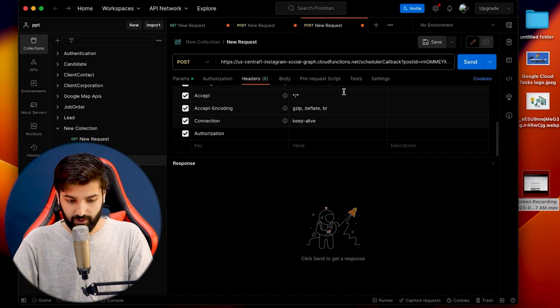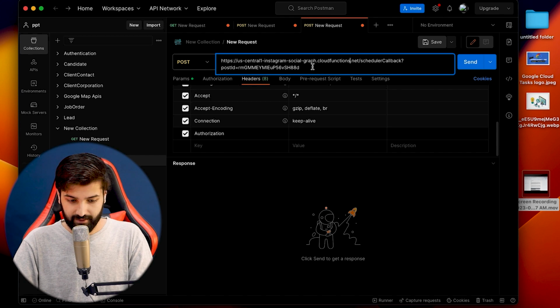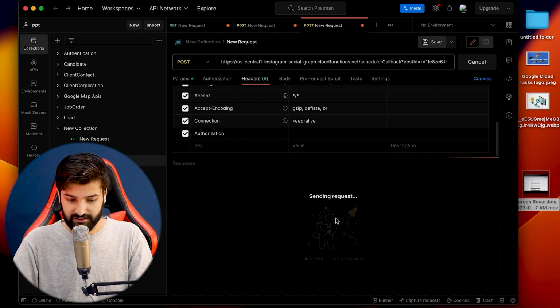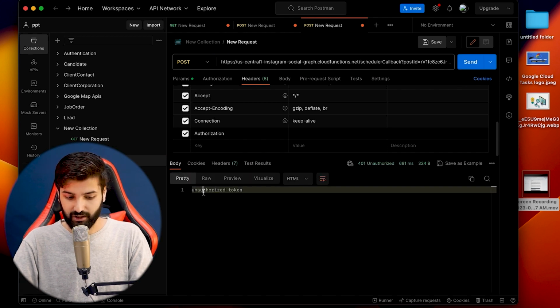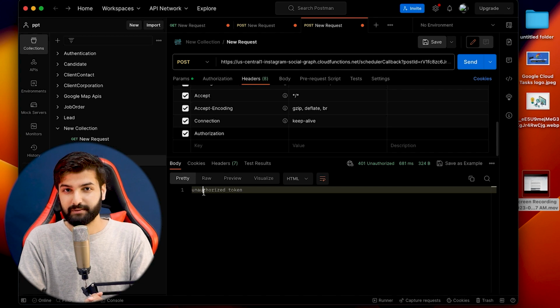So open up your Postman again and click the search bar, paste your ID in here and send the same request. Now this time send the request, and we got unauthorized token. We are unable to send request in here. That is because we have now secured our HTTP post request. So no one outside, even ourselves, if we don't have the authorization token, we cannot send the request to delete